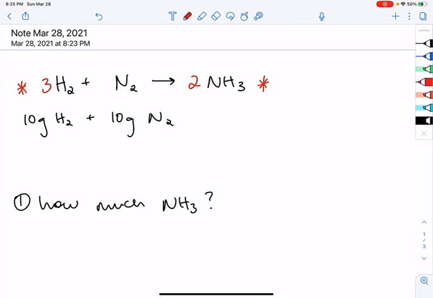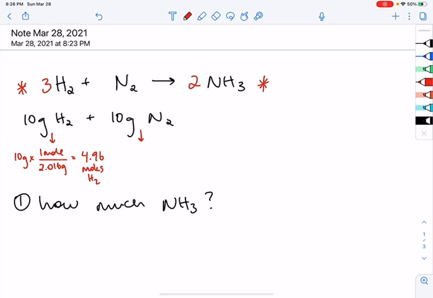What's the first thing that you should always do? Exactly, convert everything to moles. So how do I do that? I would do 10 grams times 1 mole over the molecular weight of H2 is 2.016. So this ends up equaling 4.96